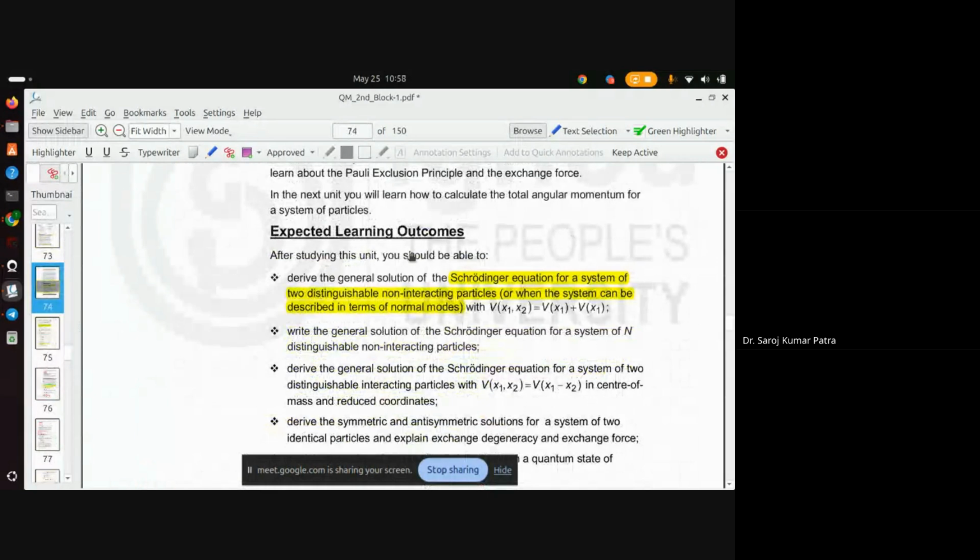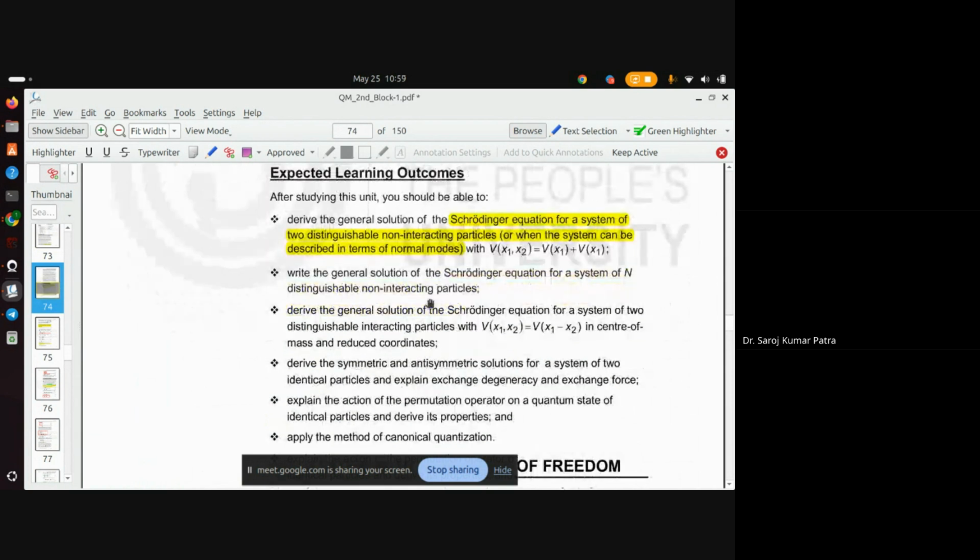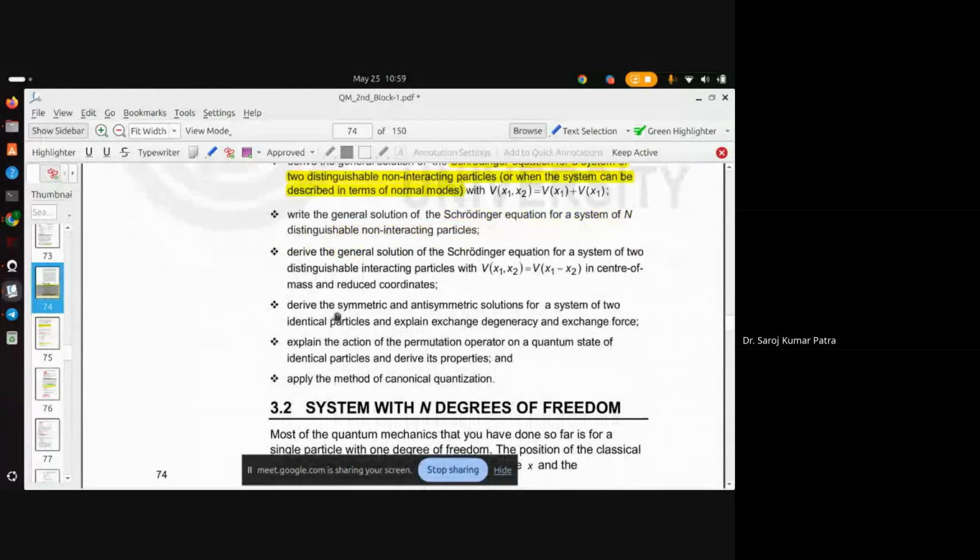क्या था? Derive the general solution of the Schrödinger equation for a system of two distinguishable, non-interacting particles, मतलब क्या, V is equal to V1 plus V2, जो हमने वेरिएबल सेपरेट करके किया। Second one, write the general solution of the Schrödinger equation for a system of n distinguishable non-interacting particles, दो की जगह n लिया तो। फिर हम बोल रहे हैं कि अगर general solution of the Schrödinger equation for a system of two distinguishable and interacting particles हुआ तो क्या होगा, your potential will become V of x1 minus x2, तो उसको हमने कैपिटल M और म्यू जैसे सेंटर ऑफ मास और रिड्यूस्ड मास कोऑर्डिनेट में सॉल्व किया।